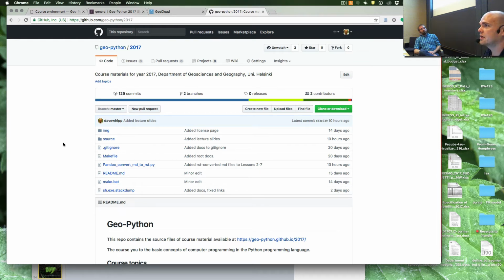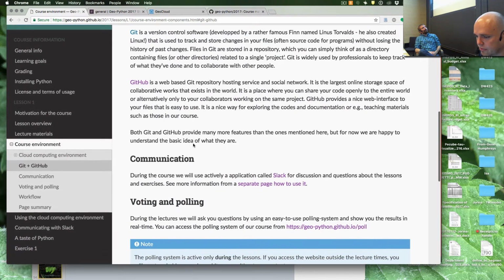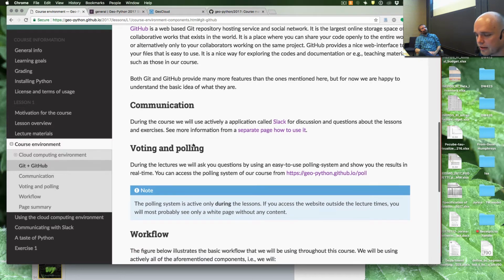So all the exercises except this first one, we will distribute through GitHub, and you will share your results and your answers in GitHub, so that we can go through them later in the course and give you grades. So that is one part. We have plenty of them, but don't worry,